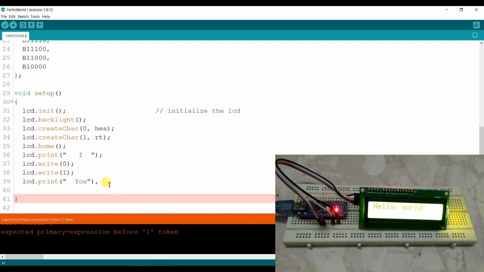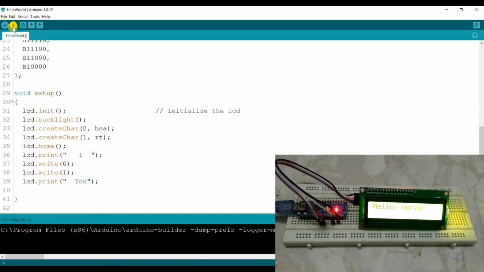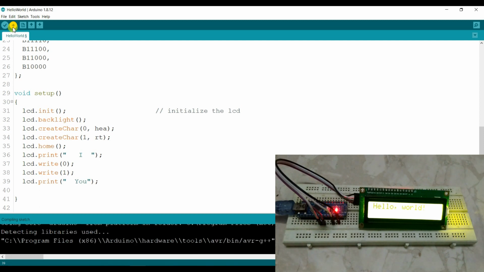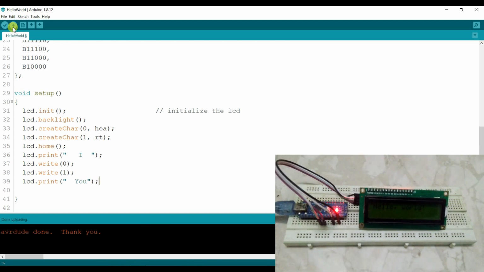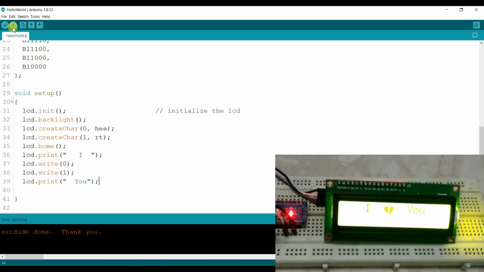Okay, you can see the heart shape is printed.